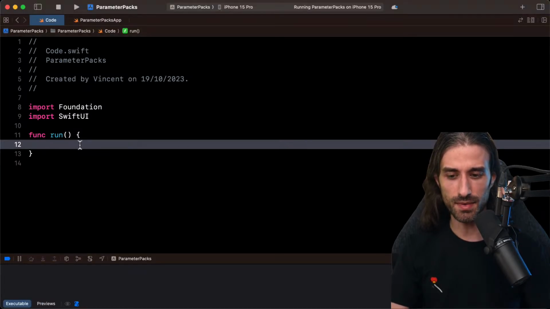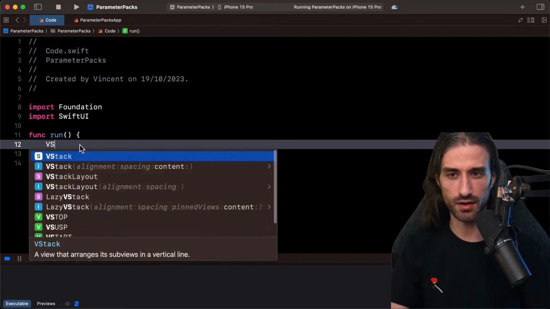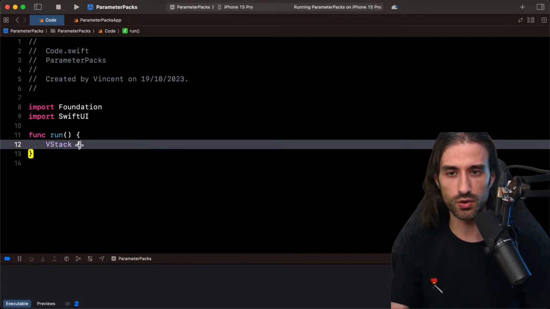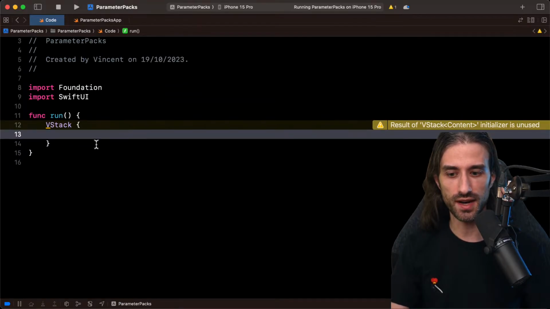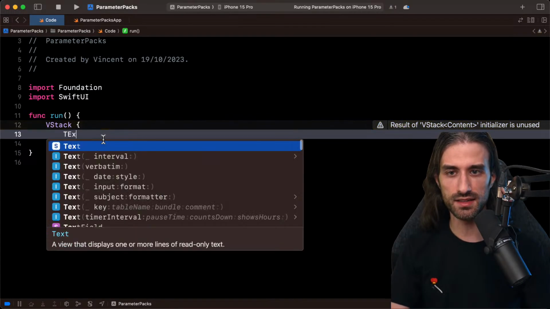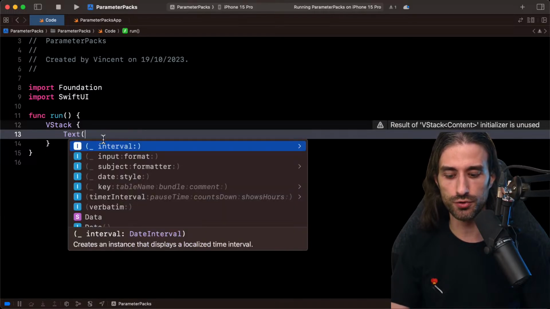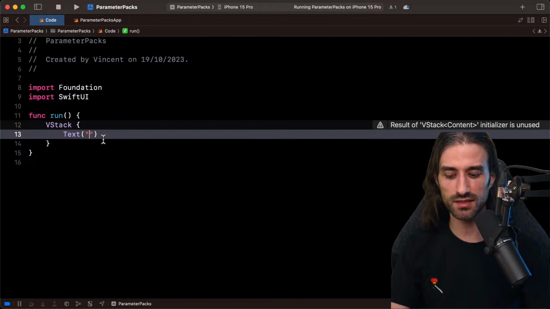So let's imagine that we are writing SwiftUI code, the typical kind of code that you write when you do SwiftUI. For instance, you define a VStack, and in this VStack, you start to put child views. So you put, for instance, a text that displays 1.